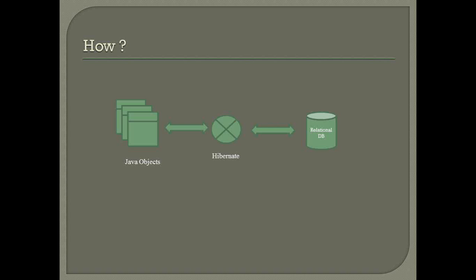Hibernate sits in between your relational database and your Java objects, providing the mapping features, providing database connectivity, concurrency, and all those features which we spoke about. And how does Hibernate do this? Obviously, it does it with the help of configuration files which you provide to Hibernate. Right, so this would be a pictorial representation, a very high level view of how Hibernate works. And now we'll get into details of each of these parts.